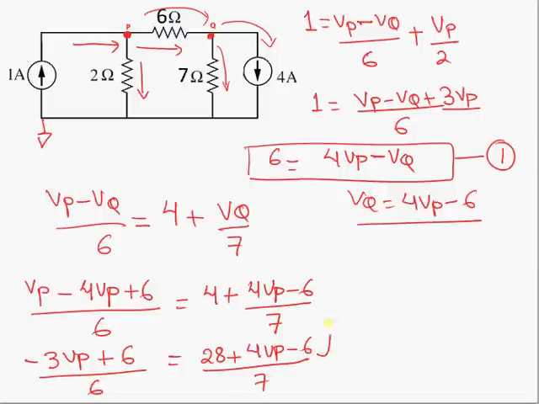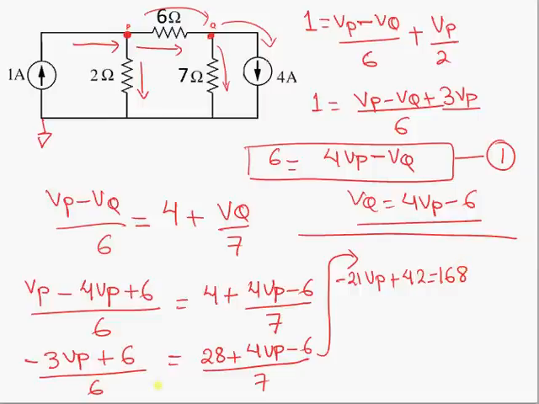So this leads me to multiply this side by 7, this side by 6. So I get minus 7 times 3, 21 Vp, plus 7 times 6, 42, equals 28 times 6, which is 168,